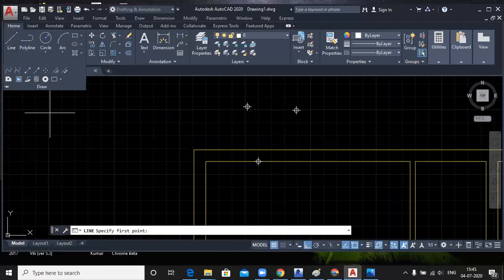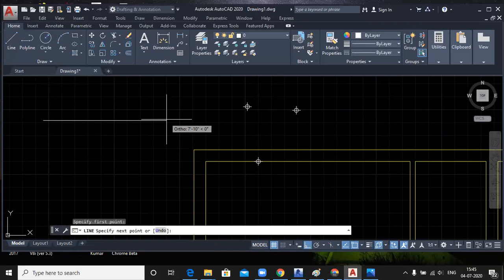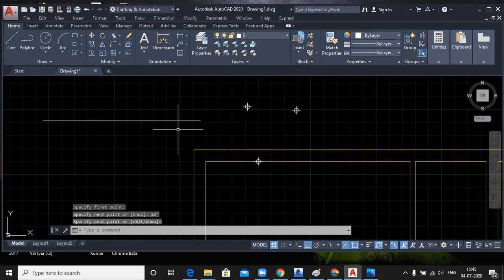You just activate your line and draw any line of 10 feet. This is your line at a distance of 10 feet. Now you have to divide this line into equal parts.